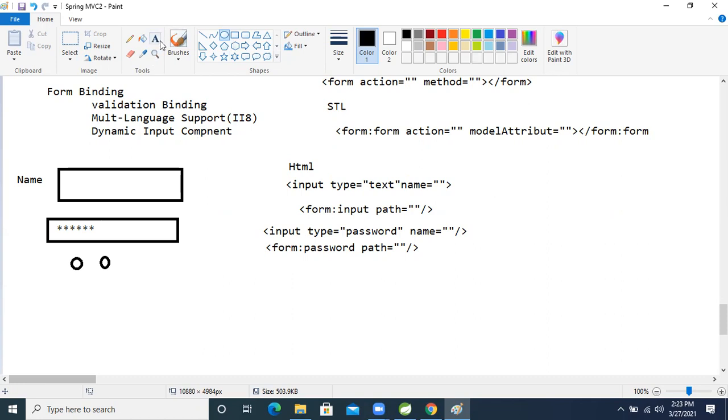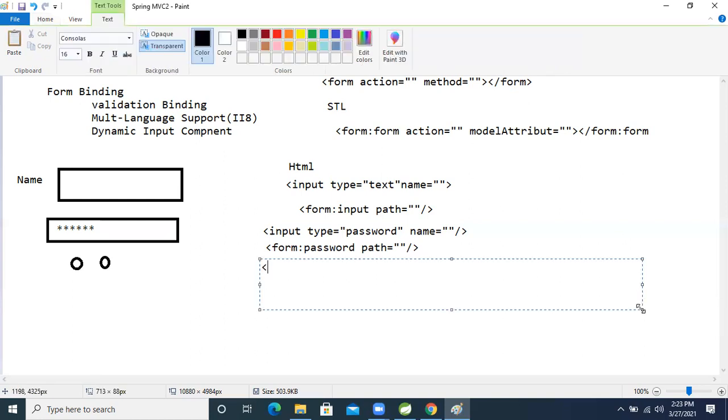So how do we write a radio button in HTML? Let's see that. Input type equal to radio. After that, name. After that, value.